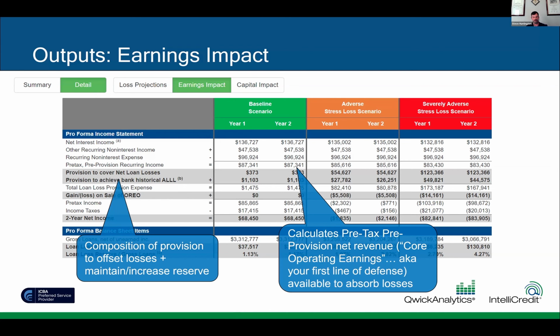The first is, how much do I need to provide for the actual losses that I expect to see, the loan losses, charge-offs, so that my reserve doesn't drop to a lower level from where it is today? And secondly, how much more provision on top of that am I going to need to add if I need to get my reserve up going forward through this cycle to a higher level than it is at this current point? You add up those two different provisions, you get a total loan loss provision expense. You layer in any loss on OREO, you get a recalculated pre-tax income and net income, and then that's what we use on the final step, which is the capital impact.